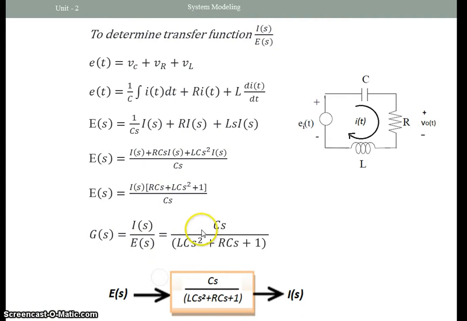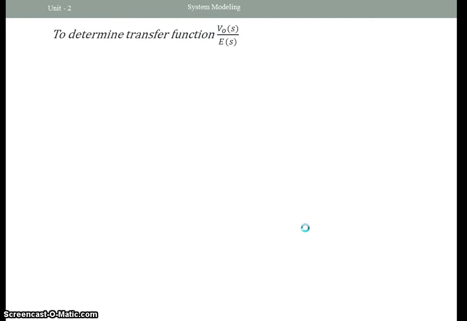To represent this transfer function in its equivalent block diagram showing the output current I of s and the input voltage E of s, then this is the transfer function of this electrical circuit. If you are given the values of the capacitance, the resistance, and the inductance, then you will simply substitute them in this equation. Now let's get the second transfer function, which is in terms of the output voltage